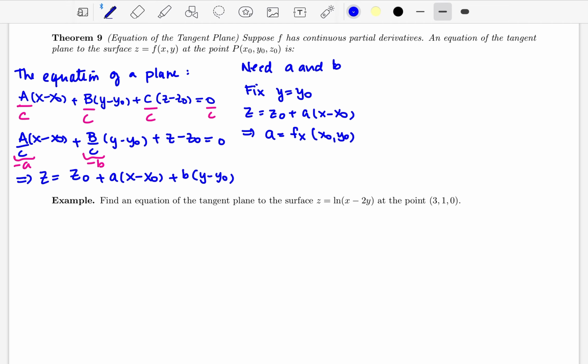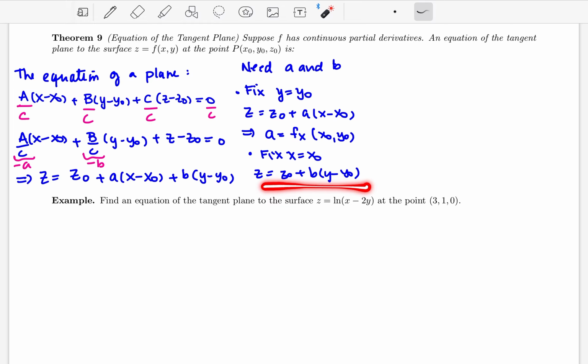evaluated at the point. Same way, now I can fix x equals x naught. If I do that, then this goes away, and I'm left with z equals z naught plus b times (y minus y naught). And this is again the equation of the line tangent to the curve in the direction of y. So from here I get that b must be equal to the partial in the direction of y evaluated at the point. So if I combine these two things, if I combine all this information, let me